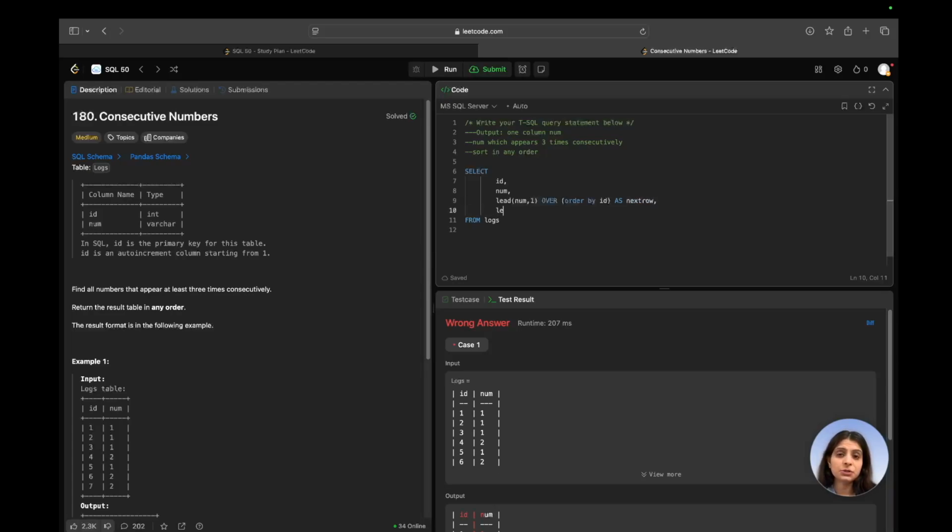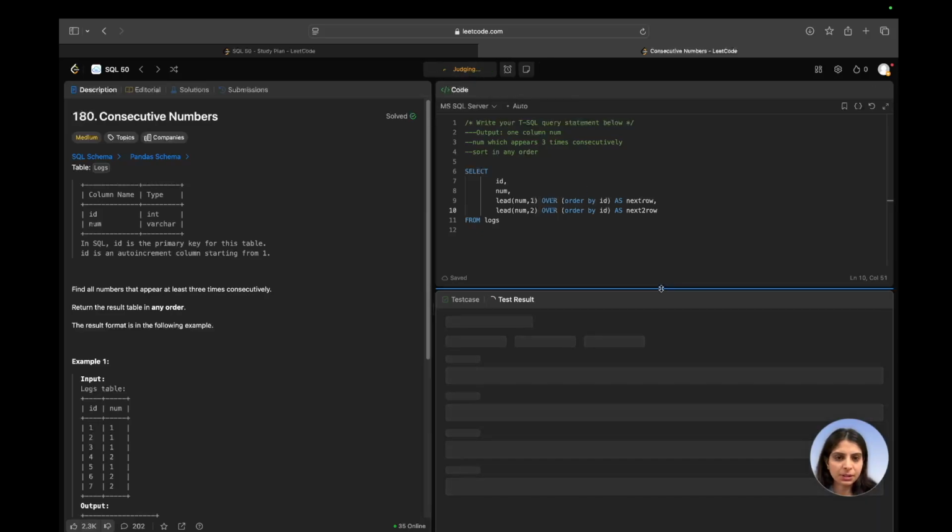Then I have to also look at the third row. I'll say LEAD of num and 2, so I'm essentially asking it to look 2 rows below. I'll again order it by ID as my next 2 row. Not the best name, but yeah. If I run it quickly,